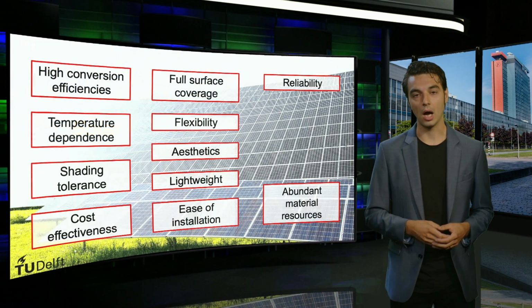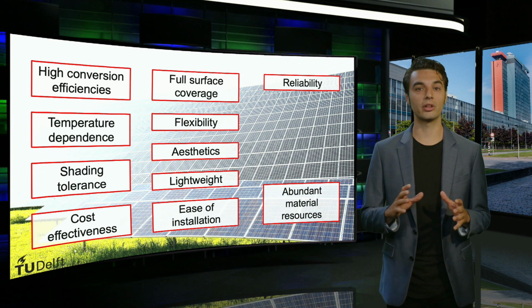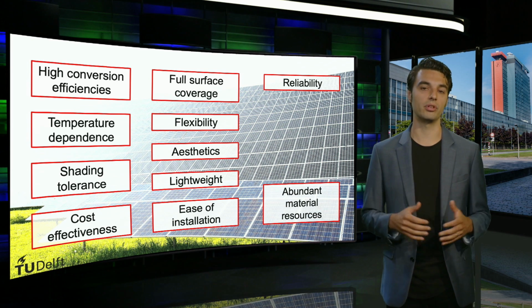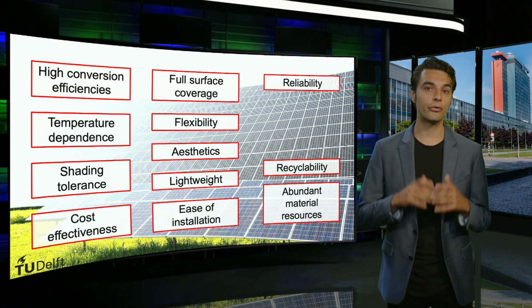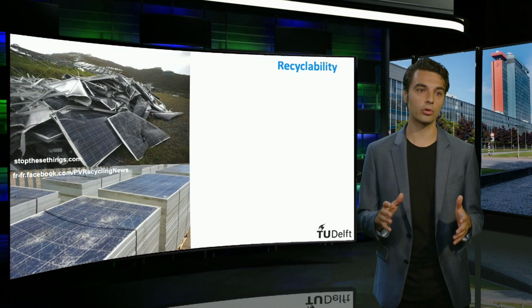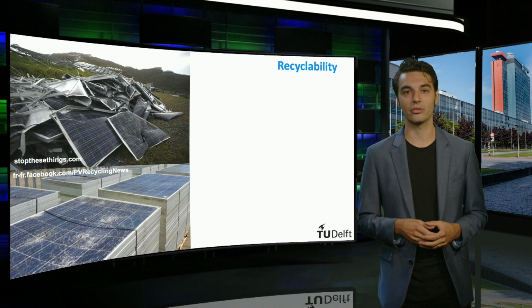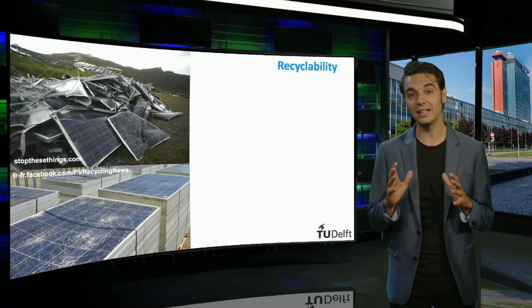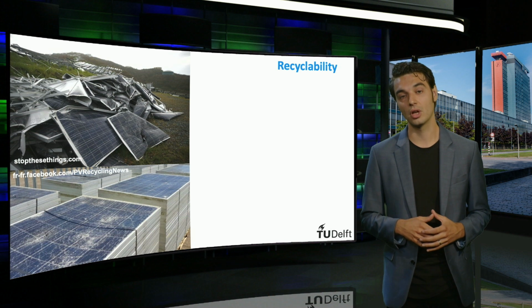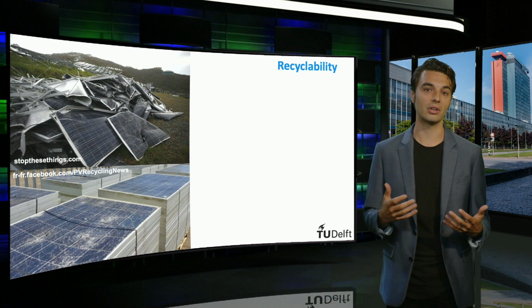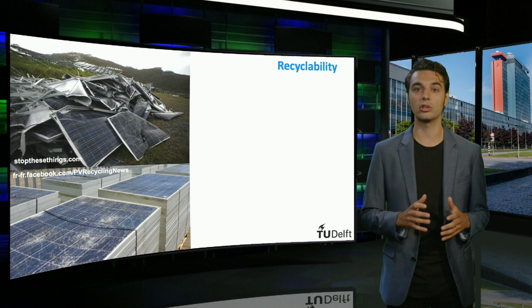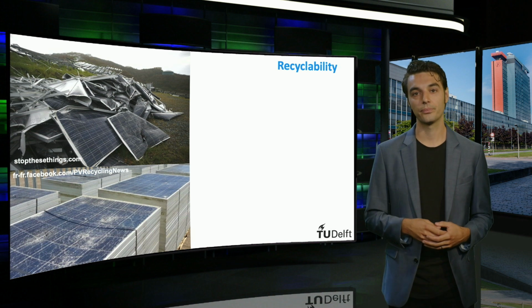Another important metric for PV, one that is quickly receiving more attention, is the recyclability of PV modules. The first generation of commercial PV modules are starting to reach their end of life. The number of end-of-life PV modules will increase significantly in the next couple of decades, considering the 20 to 35-year lifetime of PV systems and the massive amounts of PV modules installed in the last decade.